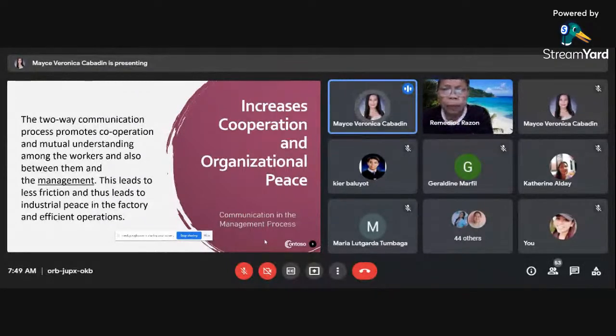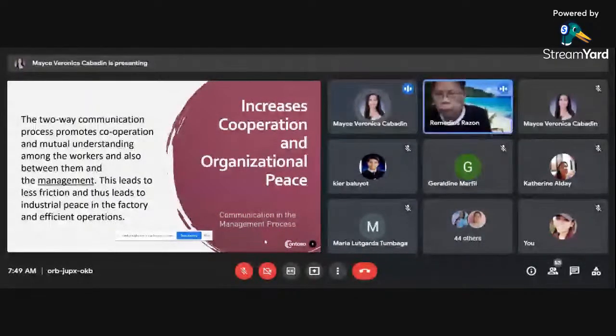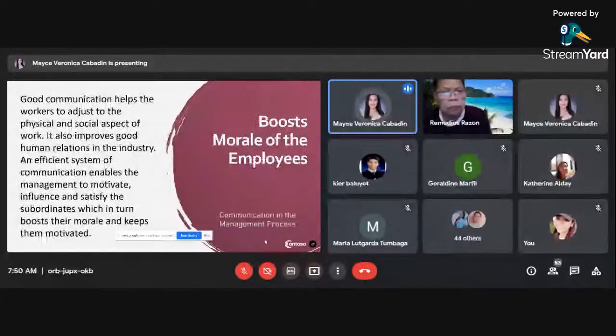So kapag ang lahat ay nagkakaunawaan, naiintindihan nila kung ano yung mga roles nila, they can understand the process of the organization. Same as with the co-workers. So, hindi nakakapagtaka na magkakaroon ito ng pagkakaisa and eventually this peace and cooperation will lead to efficient operations and organization success. So, the last one, communication boosts morale of the employees.